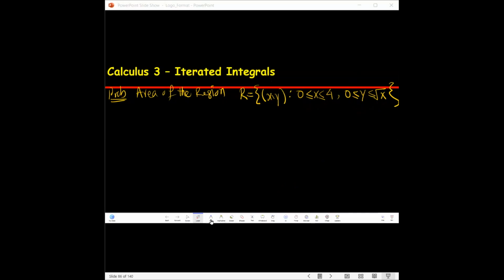Since the region is not given, maybe I can understand this one as the square root of this. So it looks like both start with 0. Let me just draw this. This is my x, this is my y. Both start at 0, so I'm going to start with 0. Then x goes to 4, so I'm going to go from here to 4. So x equals 0, x equals 4. y equals 0, but y is going to the square root of x, so the value keeps changing